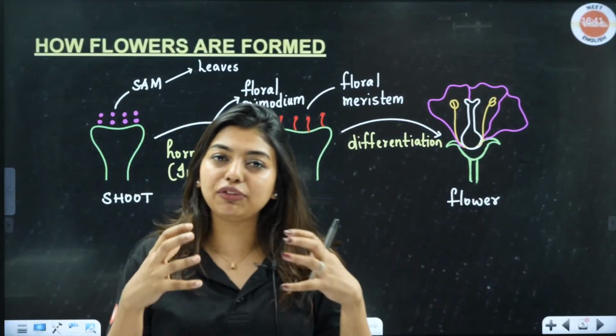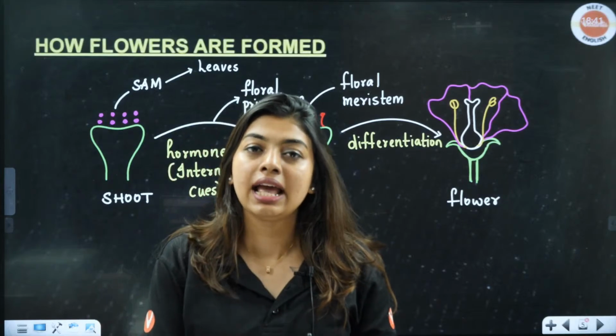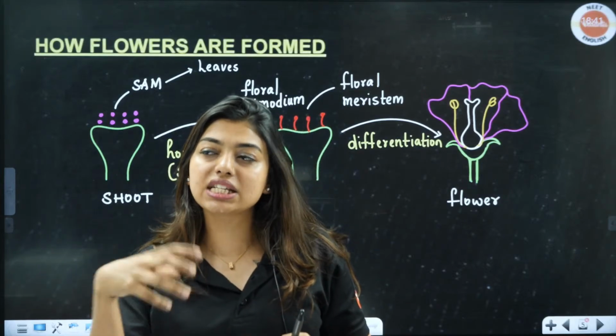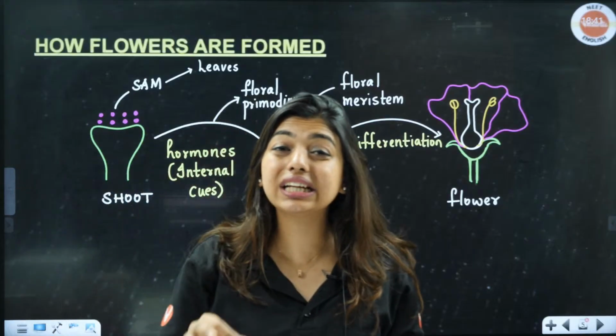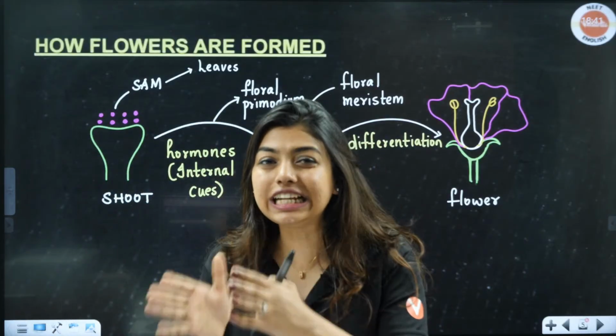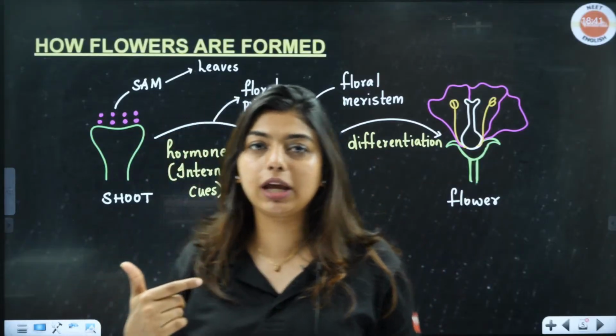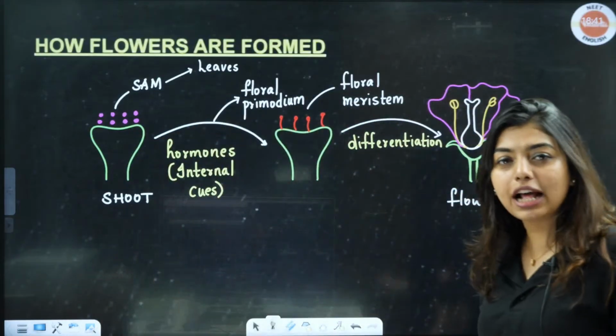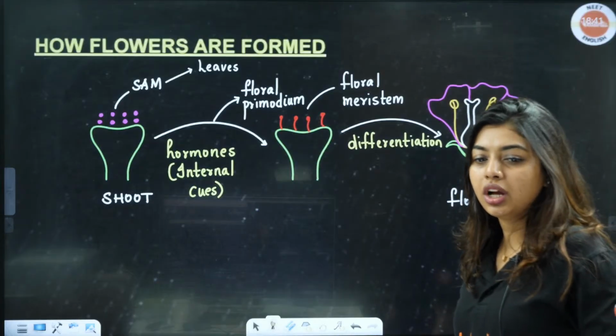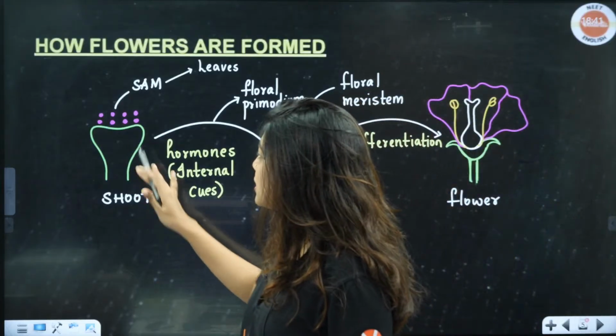So like that only, even the flower has already been decided. The plant has decided that it wants to bear a flower. So whatever is needed for that, be it structural or hormonal changes, the plant has already started, okay? So here, look, even plants go through a preparatory phase, not just you, okay? Plants also go through this preparatory phase.